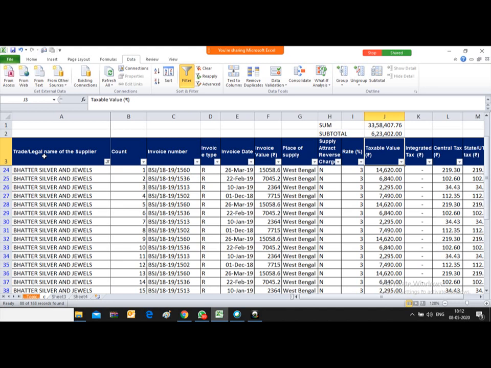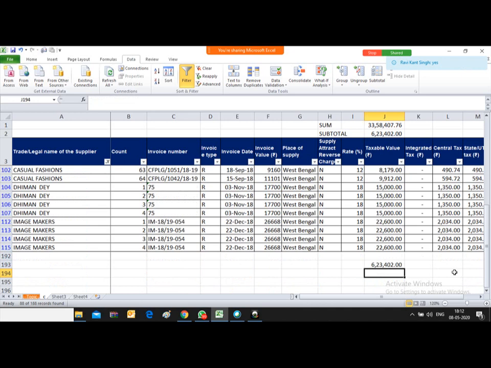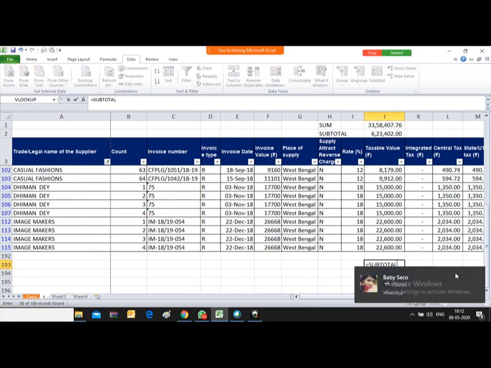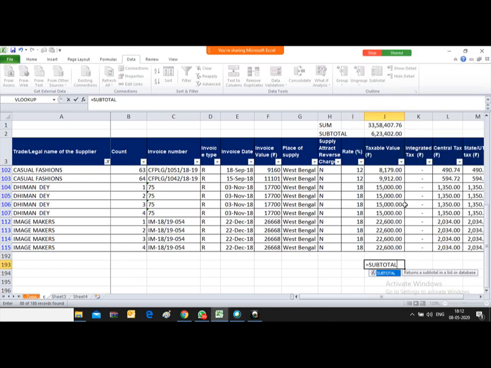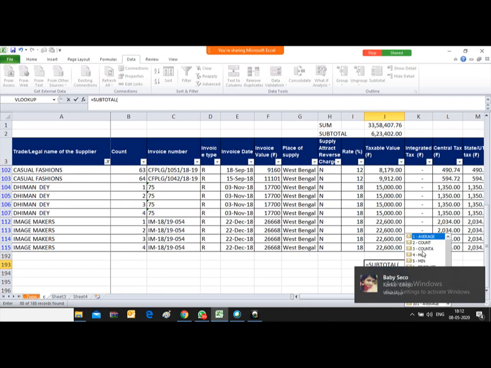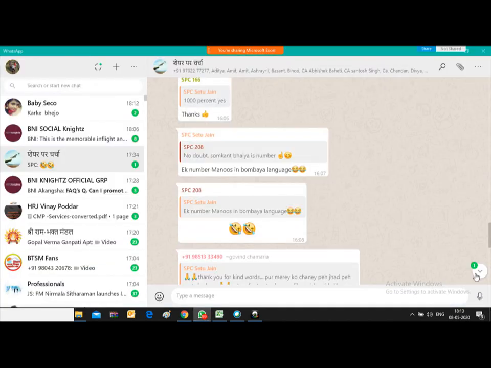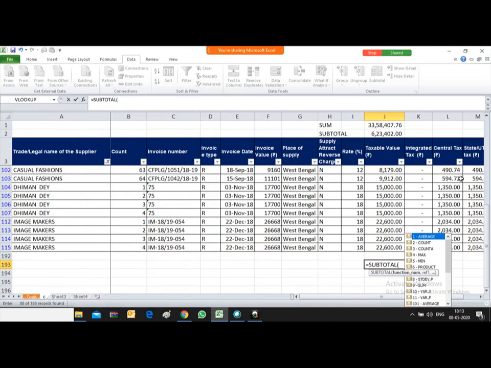Next, now let's use other subtotal options. Say count. You can even count with it. Type subtotal, start bracket.